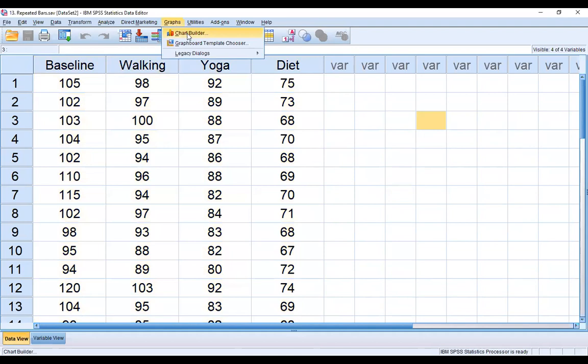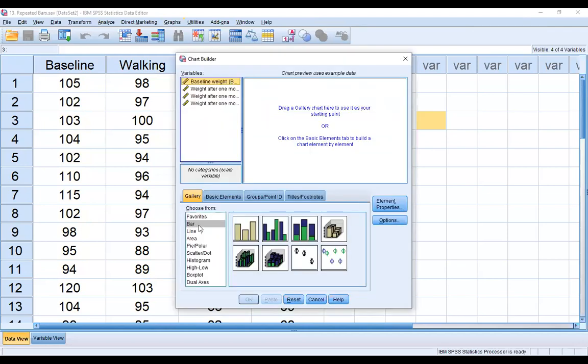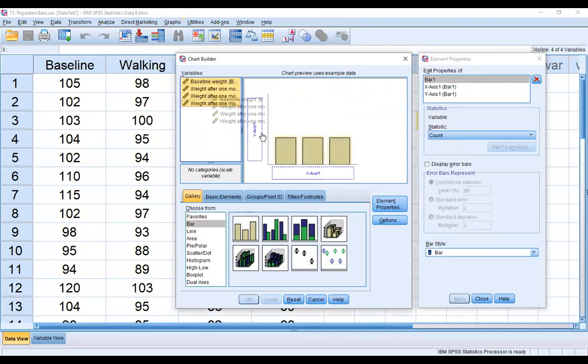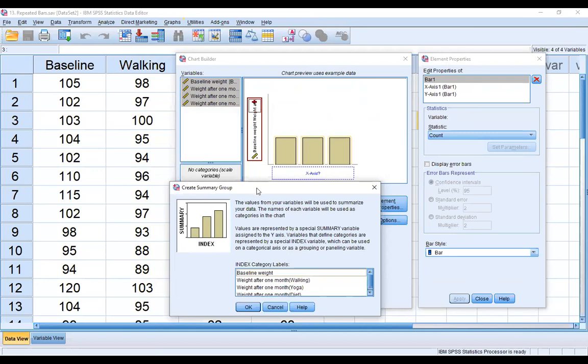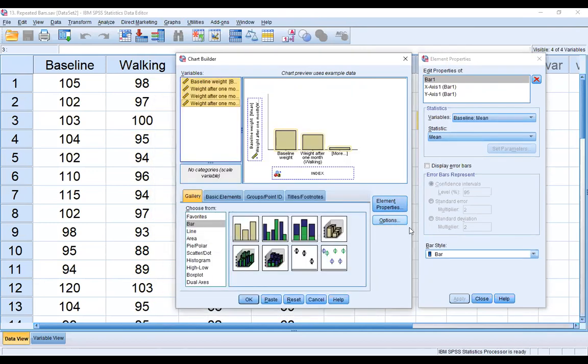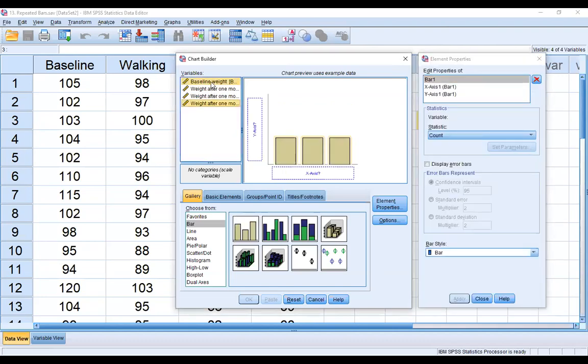Graphs, chart builder, and then okay, and after okay, the bar, simple, double click, select all the 4, and transfer here y-axis, and then okay, and after okay, mean value, then the baseline mean, I think reset it to element properties, the baseline, and transferring all the 4, select all the 4.